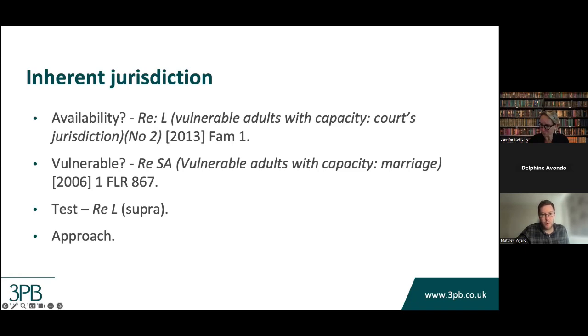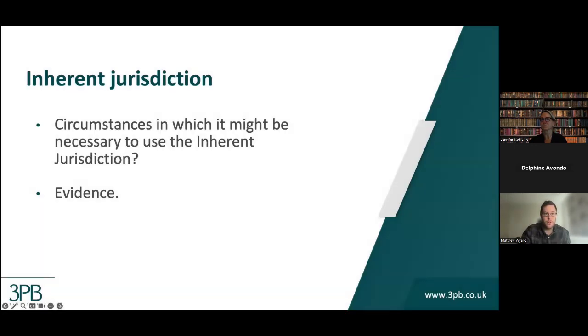But what is the court's approach to these situations generally? If you make an application, what the court tends to try to do is exercise the inherent jurisdiction to facilitate the process of basically unencumbered decision making. So it will take the least restrictive step available in order to ensure that the vulnerable adult can make their own decision. It tends to not try to make the decision for them, which is another distinction with the COP, where the COP will make a decision for someone if they lack capacity to do it. Now, that being said, you can get long-term injunctive relief if you think it's necessary and proportionate to do so.